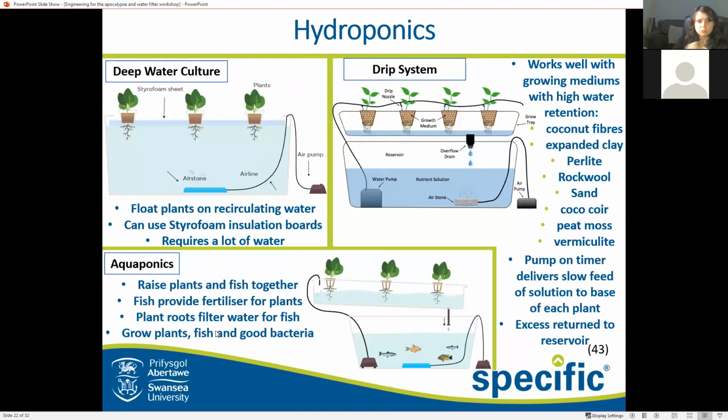An alternative route, one of my favourites, is where you utilise both the ability to farm fish as well as plants in the form of aquaponics. In this case, the fish provide the fertiliser for the plants, and then the roots of the plants filter the water for the fish, so they work quite nicely in harmony. As with the freshwater source,